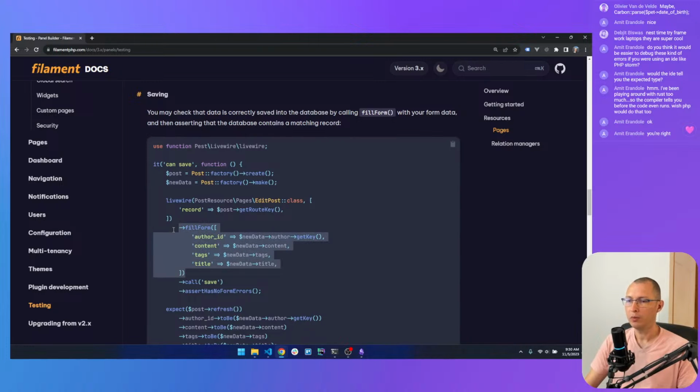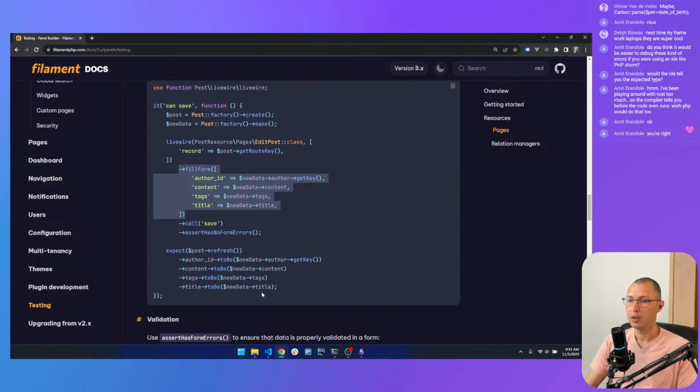We need to fill the form with the new data, then call save, and then expect. We can do an expectation on the pet data. We use refresh to refetch the data from the database on that same model, and then making sure that the new data matches the data that we just fetched. So yeah, let's try that.